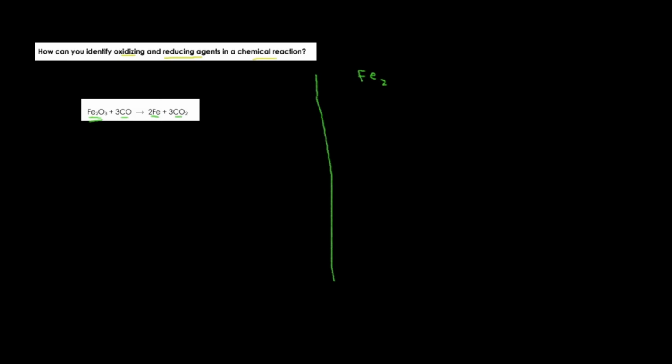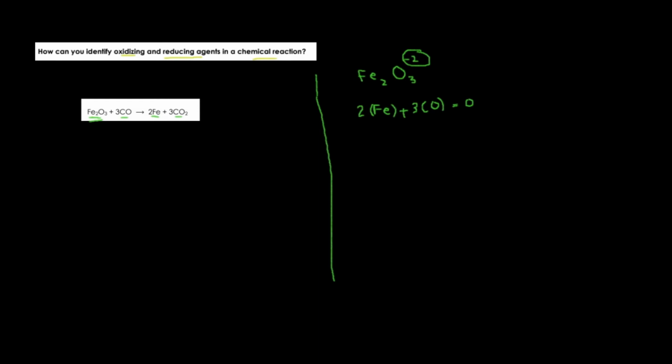For example, if we have iron oxide, that is Fe2O3, as we know that the oxygen atom has a -2 charge. So now we are going to find out the oxidation state for iron. The simplest way is we have to write 2 multiplied by iron plus 3 multiplied by oxygen, because we have 3 oxygen atoms, and as a whole this is equal to 0 because there is no charge on iron oxide.